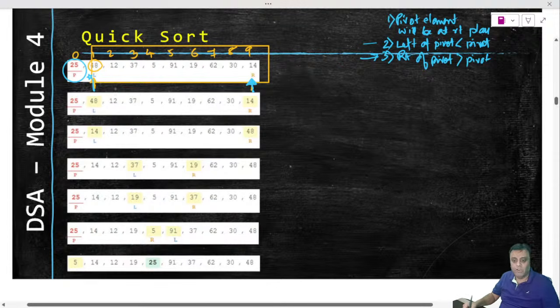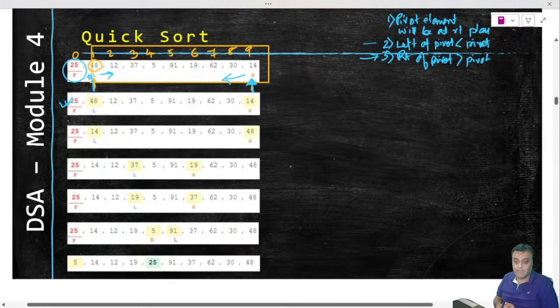So my left pointer stays here because 48 is not less than 25, so it stops. The right pointer which wants to move in this direction cannot move because 14 is less than 25. It has to be greater. Right side has to be greater. So unless it gets greater, it cannot move. And likewise the left pointer, unless it gets lesser, it cannot move. So when 48 and 14 are positioned wherever they are, this is how they are positioned after this particular small step or sub step is done.